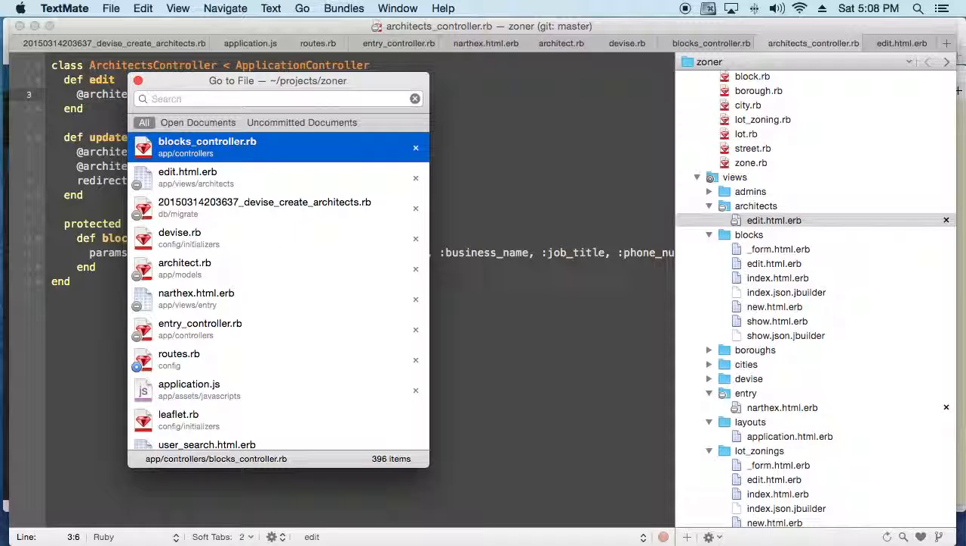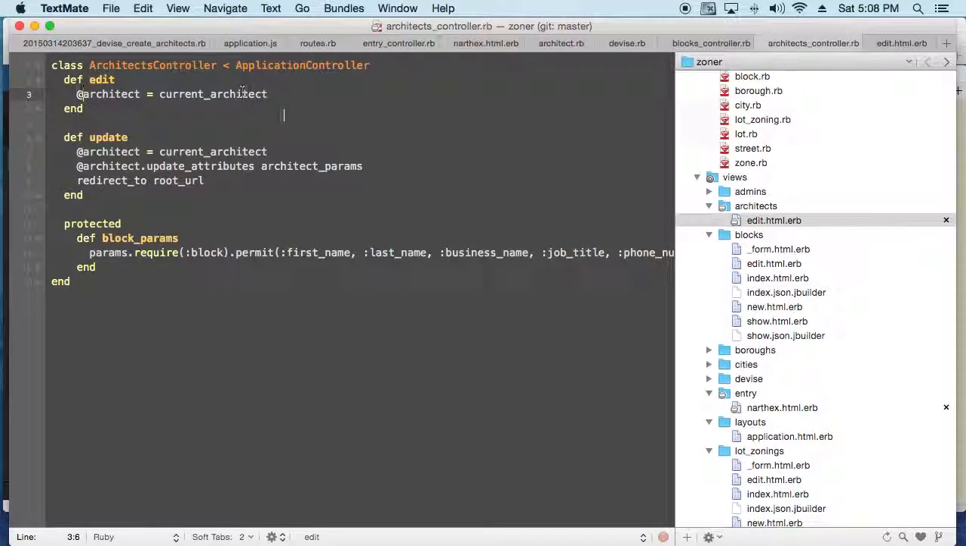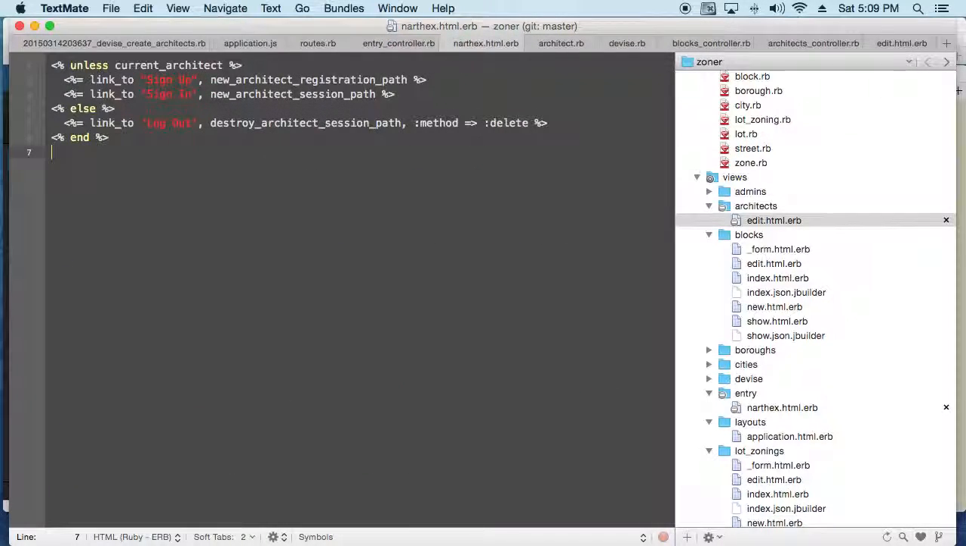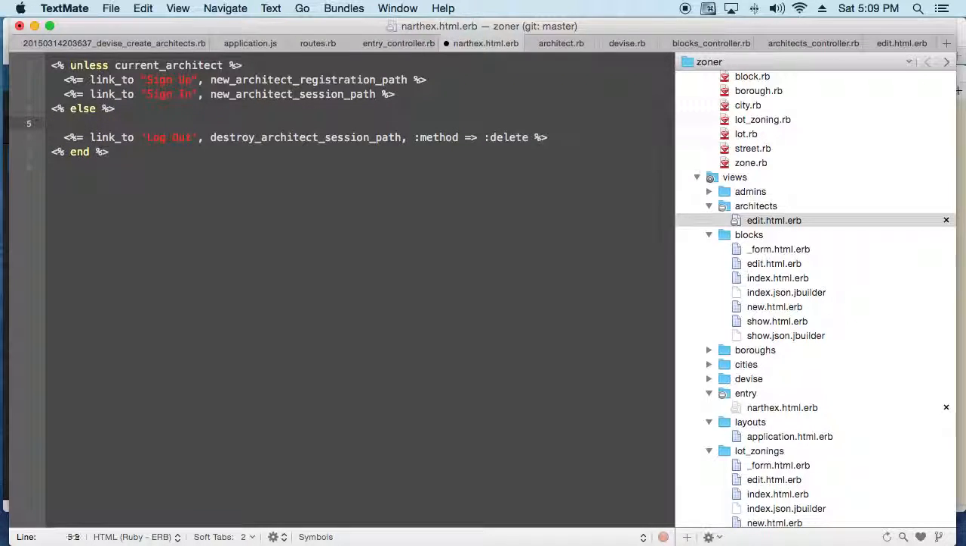The first thing we need is a link to this. So let's go back to that little spot where we were creating some links, the narthex, and we can say edit profile. Edit architect path,